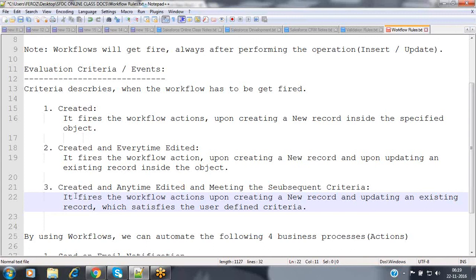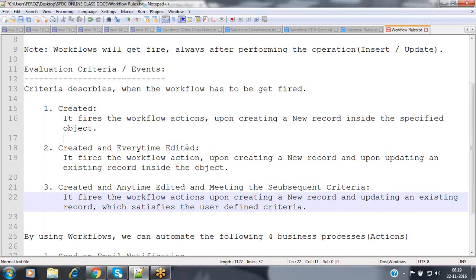Nothing but what happened, not in all the cases, only in some specific cases. Whenever the criteria has been satisfied, then only execute these actions. Don't execute the actions in all the cases. With created and every time it is edited, it executes the action in all the cases.